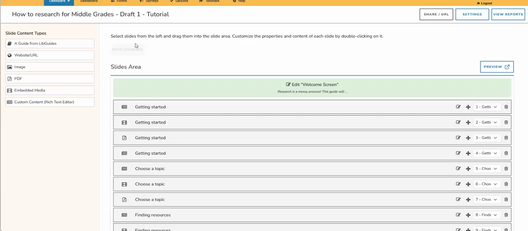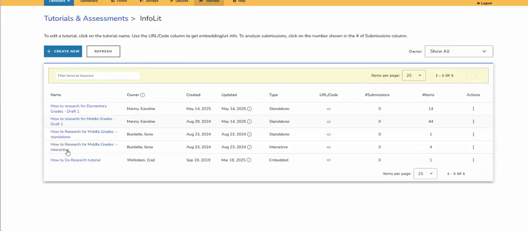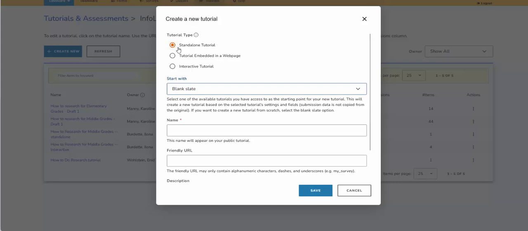Now, one last thing that I want to show you. These are all tutorials. So if I go to tutorials and I go to the folder that we're creating these tutorials in, what if you all are ready to start on the high school guide, for example, and you want to create a new tutorial? Once you're in the InfoLit folder, you click Create New, and we've been creating standalone tutorials. You can either create one from a blank slate, or you can